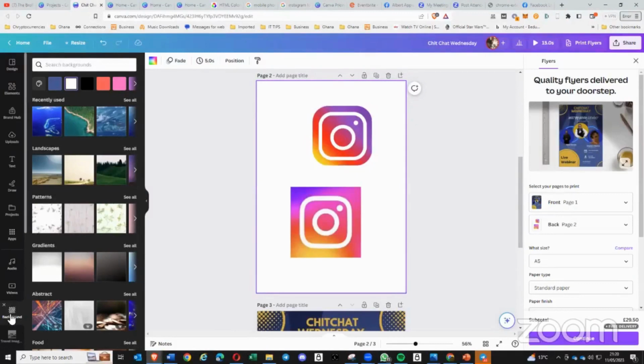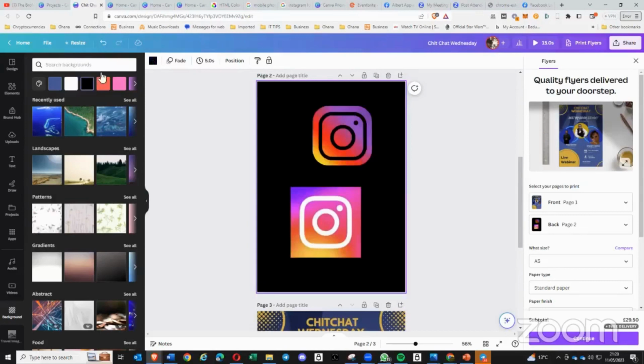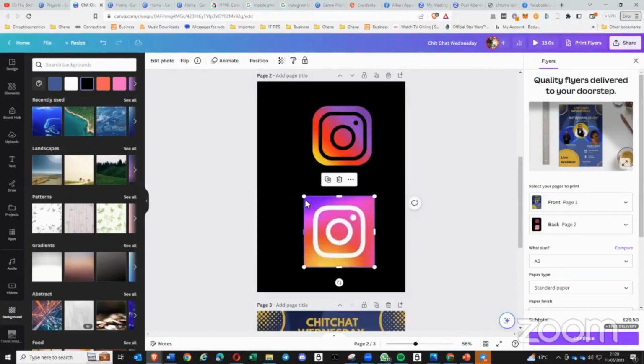So if I show you that again, if I change the background to another color, you see that the PNG file with the transparent background is now black at the back. And the JPEG file is still exactly the same. But let's just say that you're trying to find a file and you can't find a PNG version, and all you've got is a JPEG and you want to make it transparent. So what you can do is highlight the picture